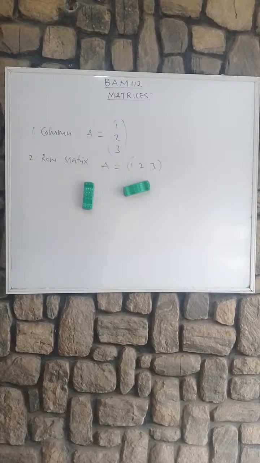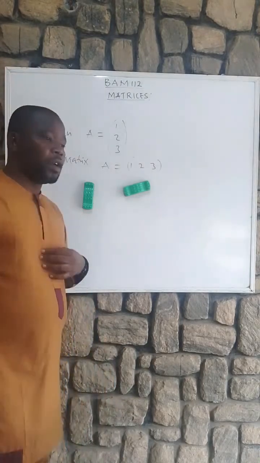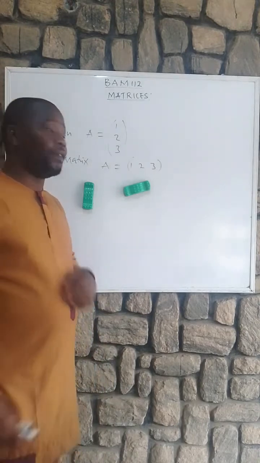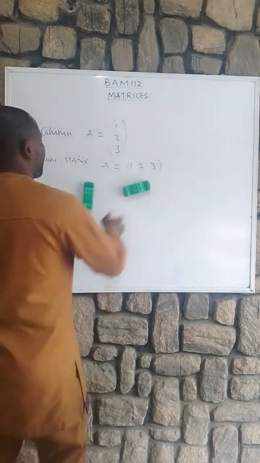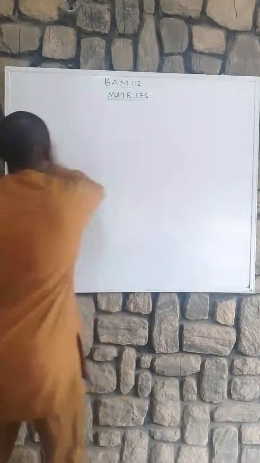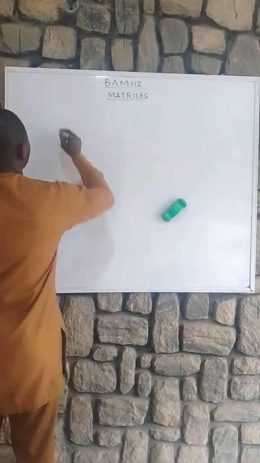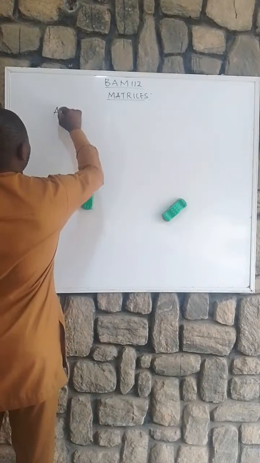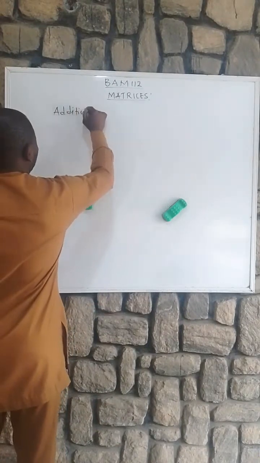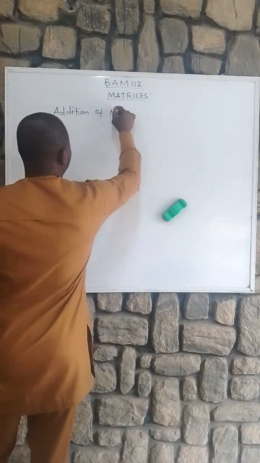So, as I was saying, we looked at all these types of matrices, and we move further to consider addition of matrices. Just going to do one or two examples. We consider addition of matrices,